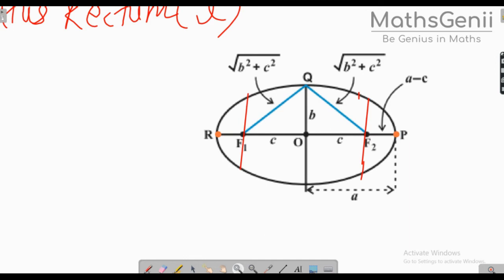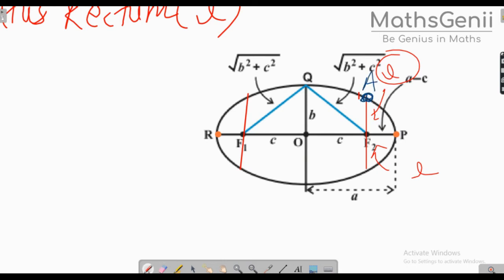The textbook has skipped some steps, so sometimes it becomes difficult for students to understand. So this is your latus rectum L. This distance is L and this distance is L. Okay, so just focus on L for now. The actual formula will have 2L because this entire line is the latus rectum. But for now, just focus on the small part. So this is L. For convenience, let's name this point A.